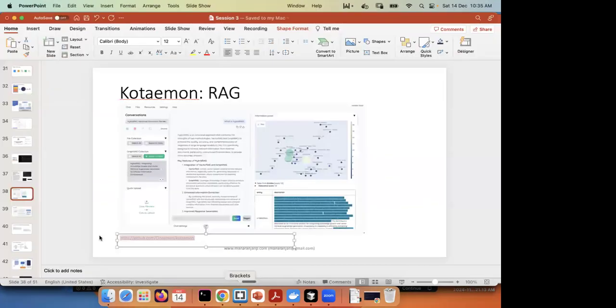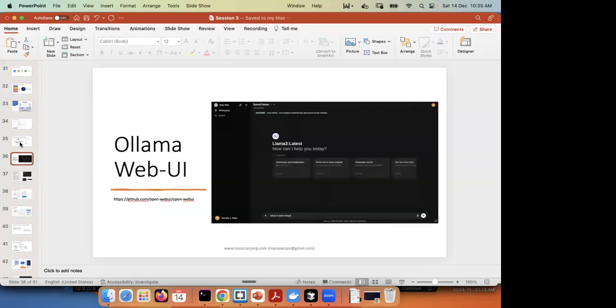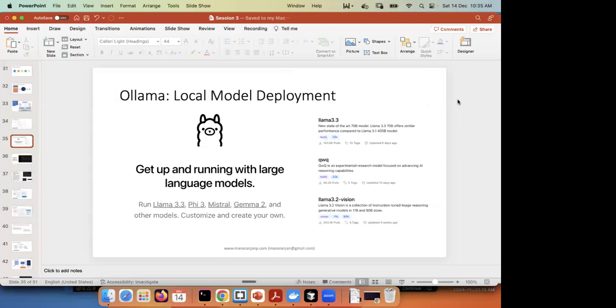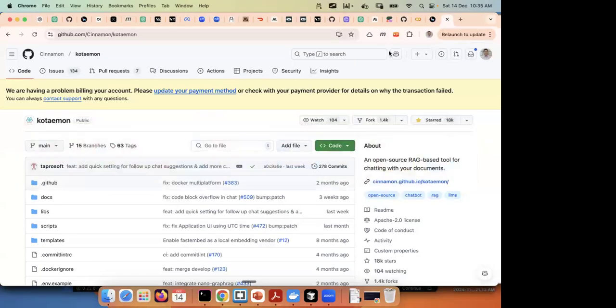So what you can do is use some local LLMs. The next topic I'll talk about is local model deployment. A lot of these smaller LLMs are also quite capable now. In fact, 2025 is going to be the year of two things: small language models and agentic applications. The small language models are becoming quite powerful now, and you can actually deploy the models locally. And one of the tools to do that is